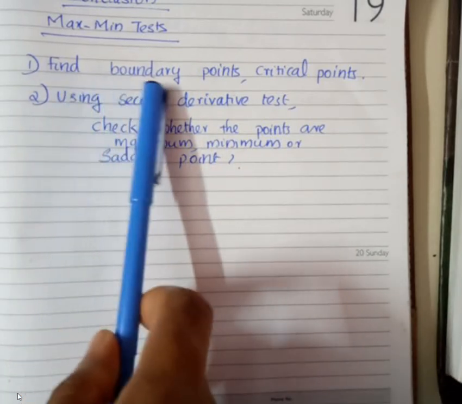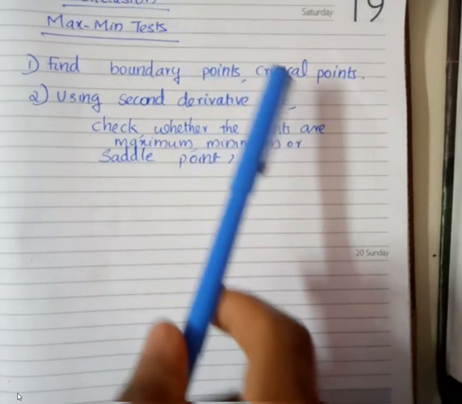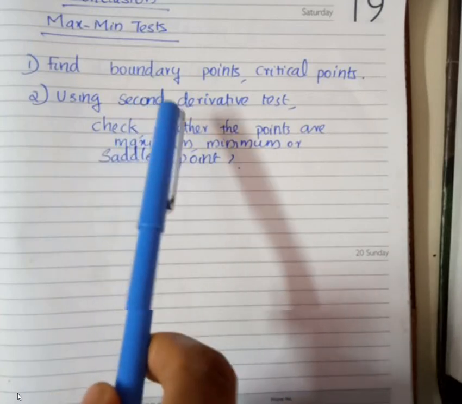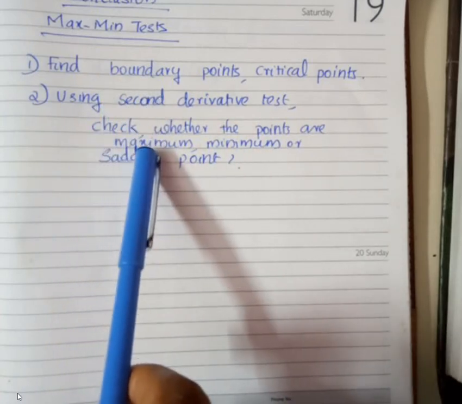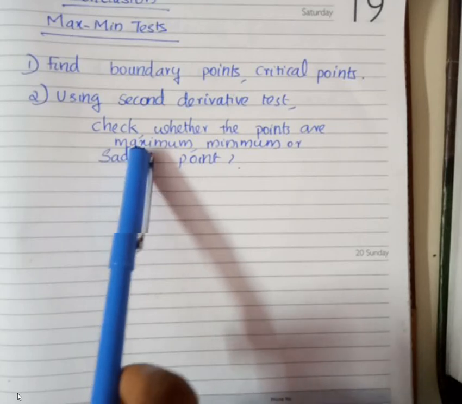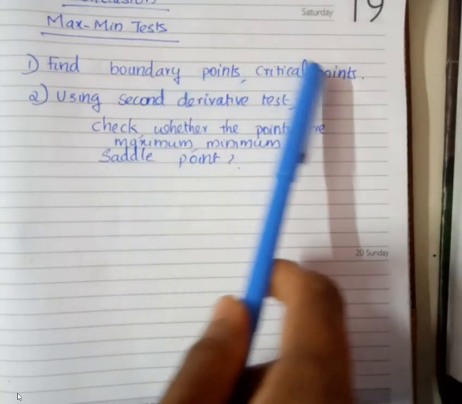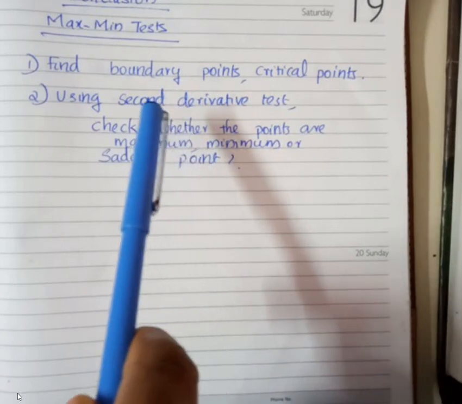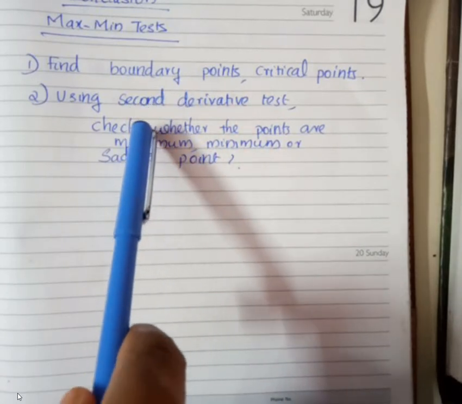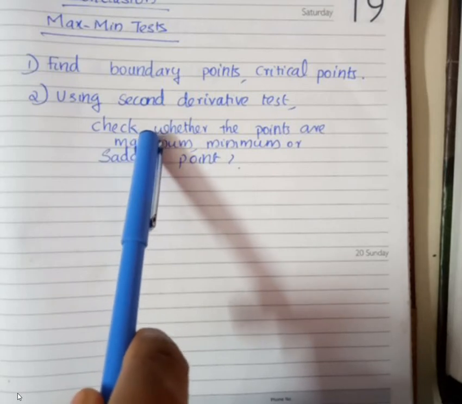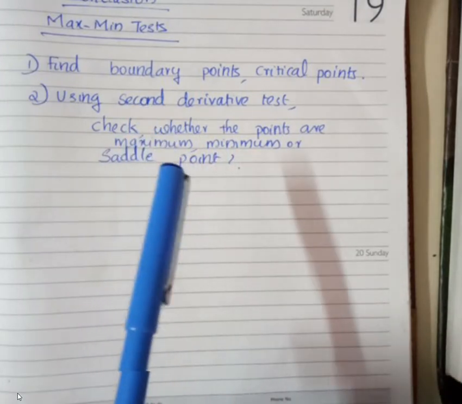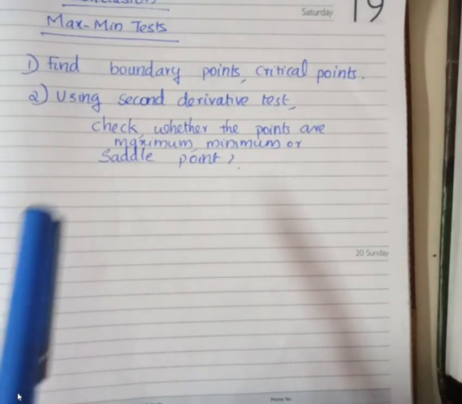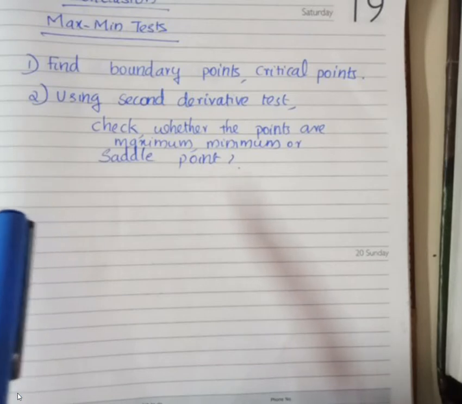Right? For that, find boundary points and critical points. And at these points, using the second derivative test, find out all these conditions at each point of this boundary point and critical point. Okay, that is fxx and its determinant. If fxx is less than 0 and the determinant is greater than 0, then we can say that the function has local